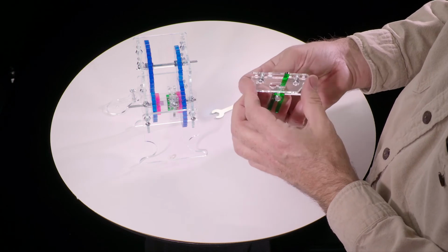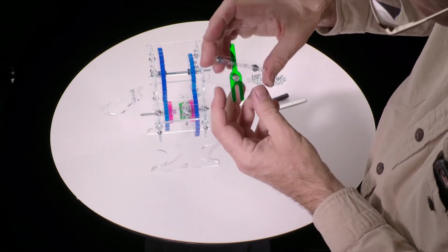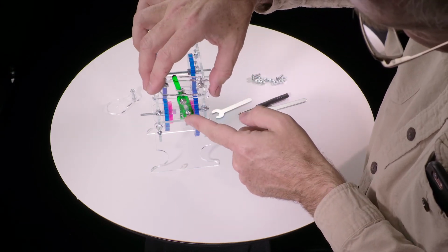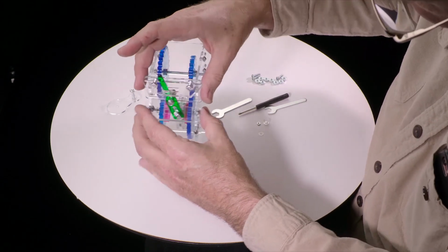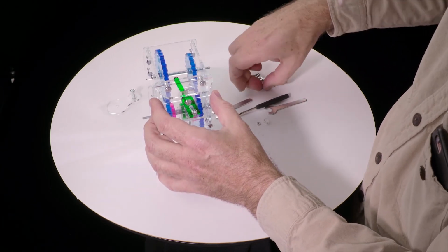Okay, and now we're ready to install this onto the model. So these forks go on either side of that screw, slips in from the top and fits onto its tabs there. And now we take a nut,